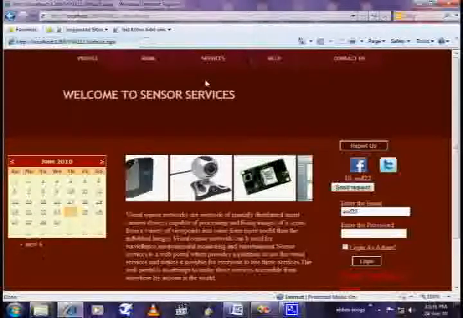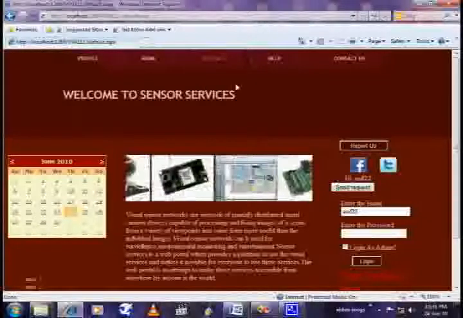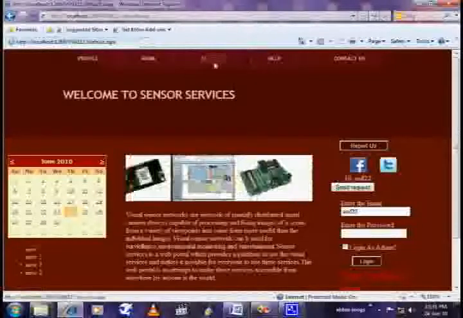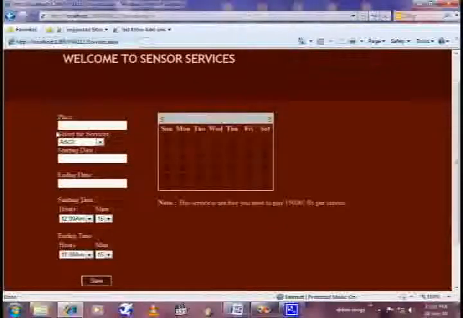He will have all the access to the services of this web portal. For example, when he logs in, he clicks on the services button and then he will subscribe for the service. Firstly, when he comes to this page, he will be provided with some parameters, and he must fill this form to complete his subscription process. For example,